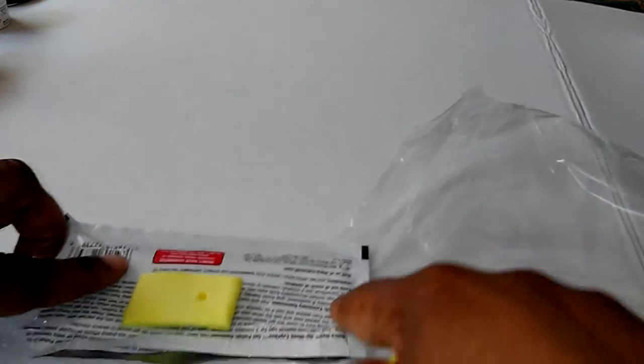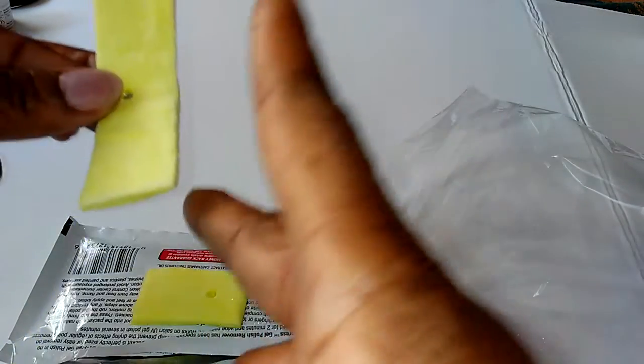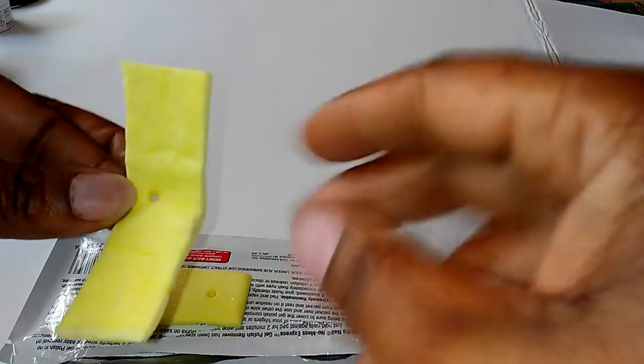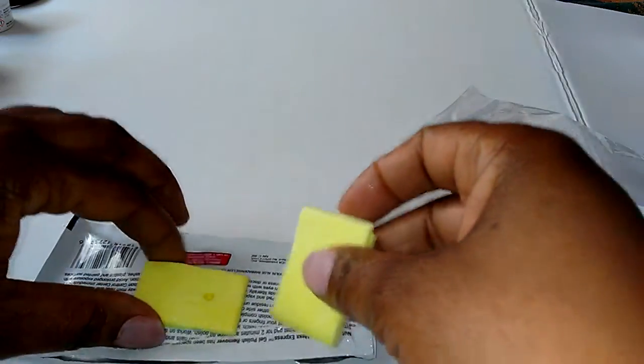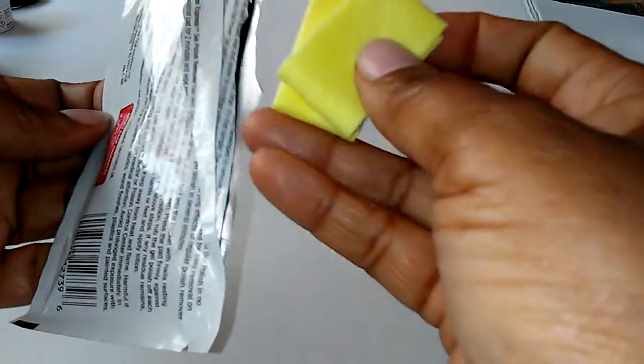Now it was as long as the length of the envelope. And what I did was I cut it in half that way. And then I would wrap this around my finger, and then I would put aluminum foil around that. And I would let it soak for 30 minutes. I'll put this back in here so they won't dry out. So I let that soak for about 30 minutes,